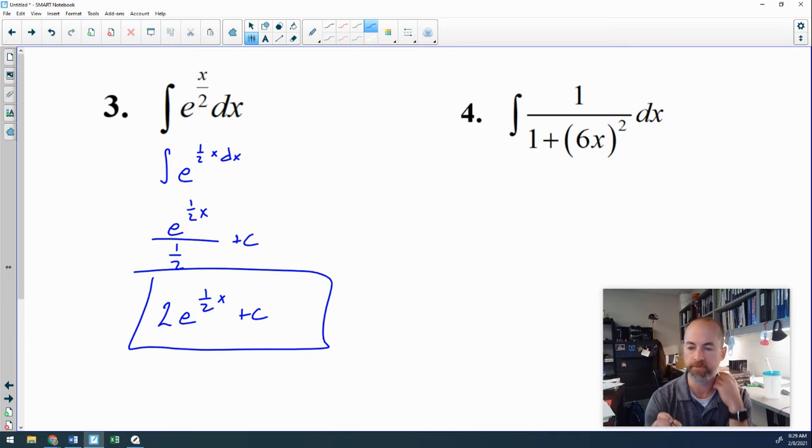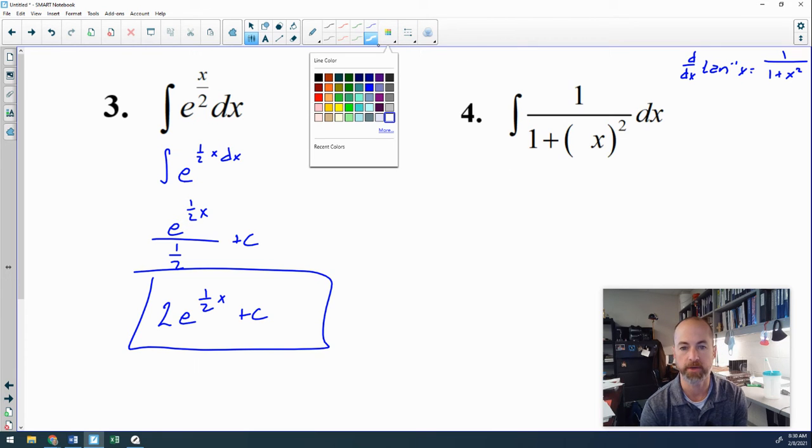So moving on to number 4, this one is not as easily recognized by some students because you never took your time to learn your inverse trig derivatives. However, you should know that the derivative of inverse tangent x is 1 over 1 plus x squared. And if I didn't have this 6 in the problem, I have 1 over 1 plus x squared. So the antiderivative of this is going to be the inverse tangent